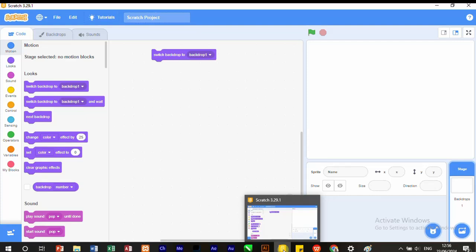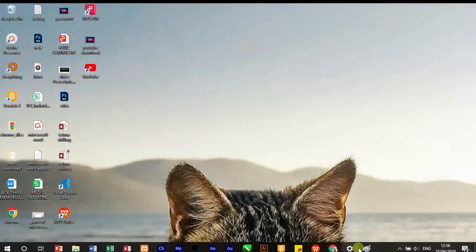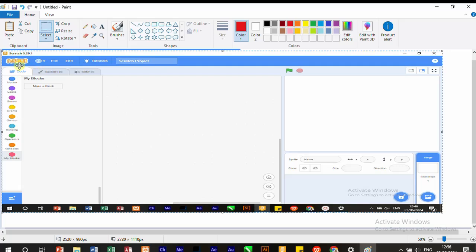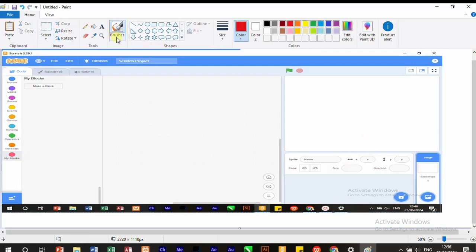So the next thing that we're going to look at is the parts of a Scratch program, so that you know where to click to perform something. I made a screenshot of the Scratch program, so you're going to go there. Basically, a Scratch program looks like this, and you're going to look at each part. The first part that you're going to look at is the file menu. So under this menu,